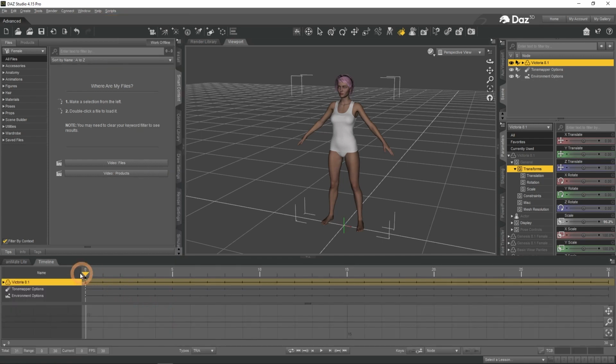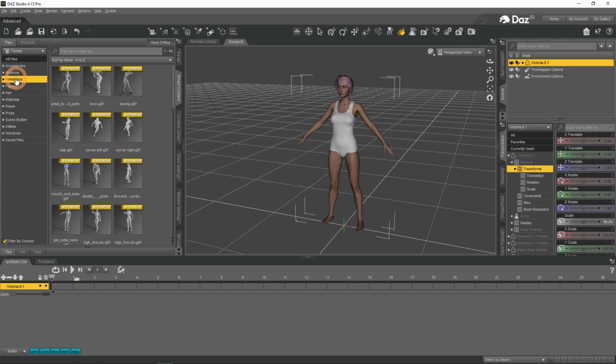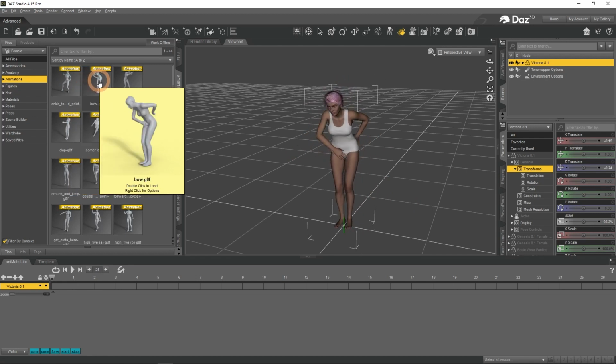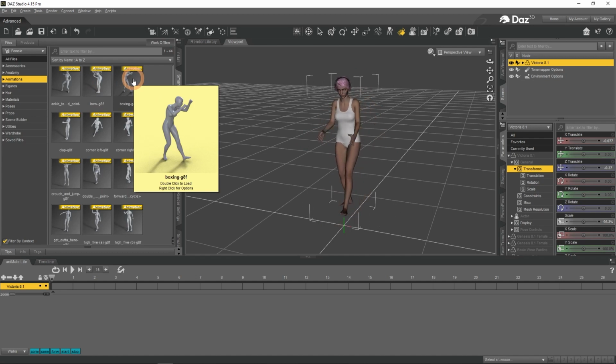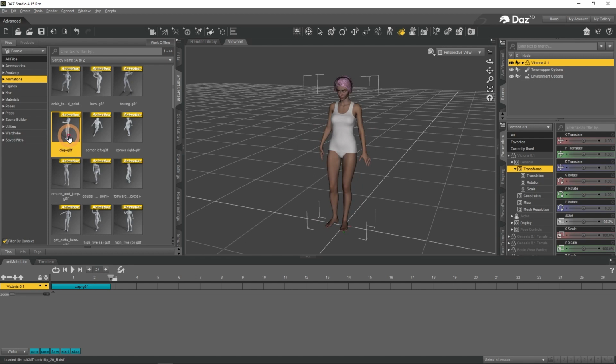First of all, let's learn the easiest way of animating in DAZ Studio: presets. All you need to do is, with the character selected, open an animations section in the Smart Content tab. Here you can see all the available presets and hover over them to see a preview on your character. For example, let's use the Clap Animation preset. Double-click on it to apply it to the character. You will see it appear in the Animate Lite instantly. And when you press play, you will see the figure performing it in real time.